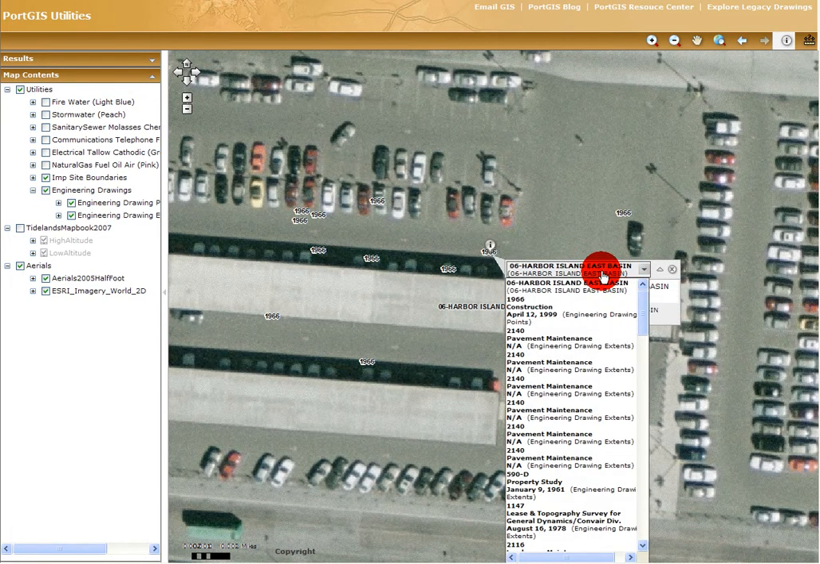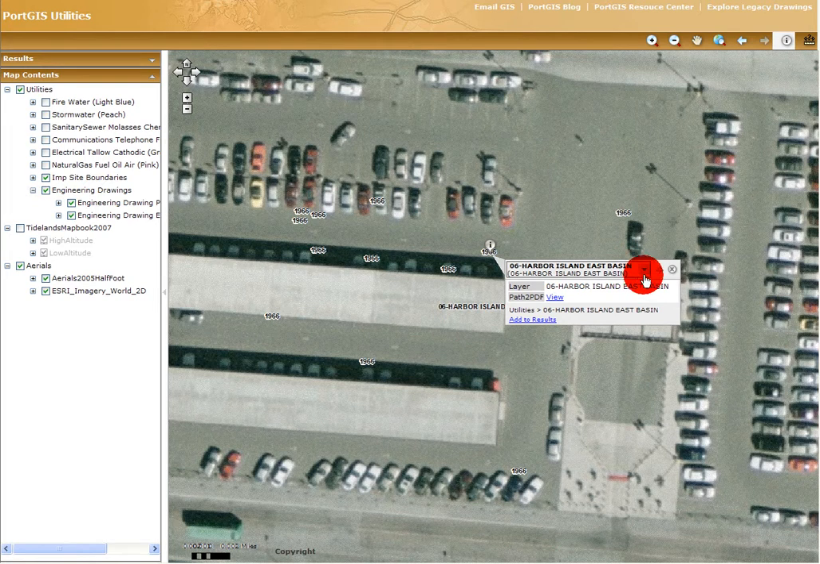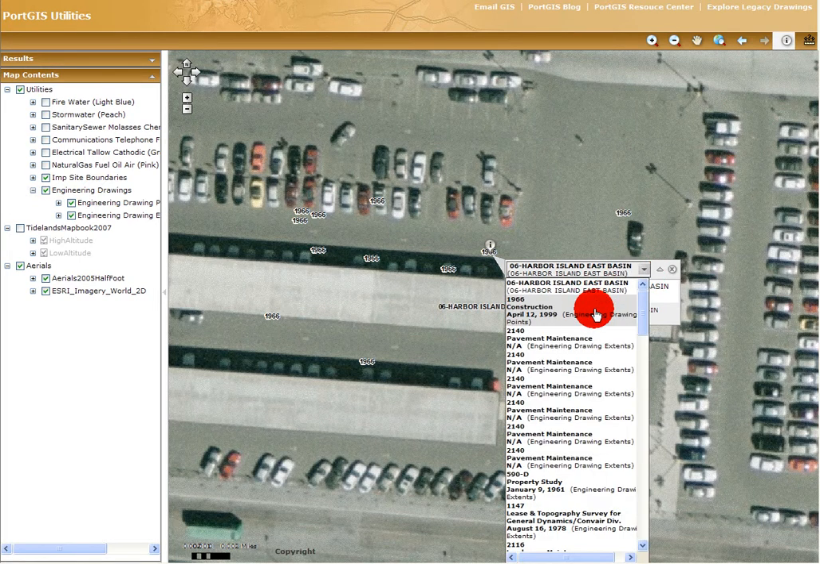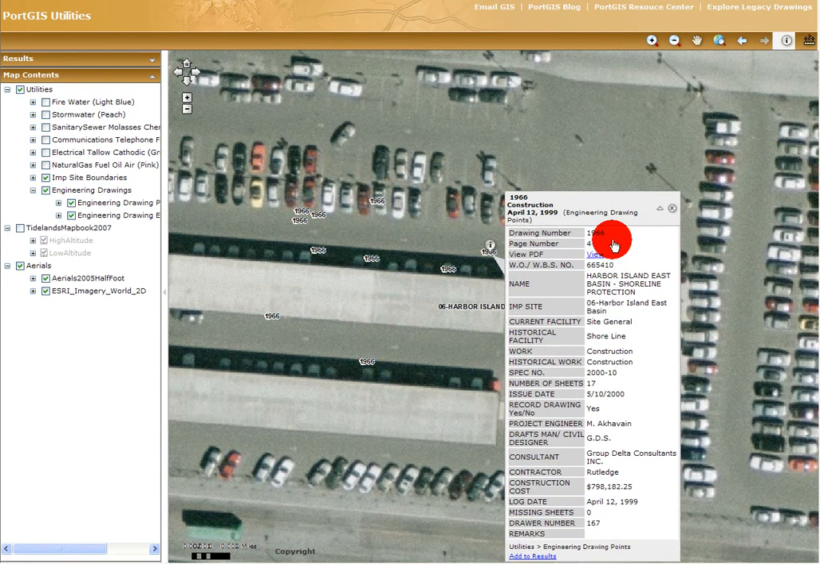Here we go. The first thing that shows up is the IMP site, so you can select this record and see the information in here. The second thing that shows up is from engineering drawing points. This is a 1966. That's the point that you clicked on. It was a construction project that was done in 1999, and you can click on that, and now you can learn about